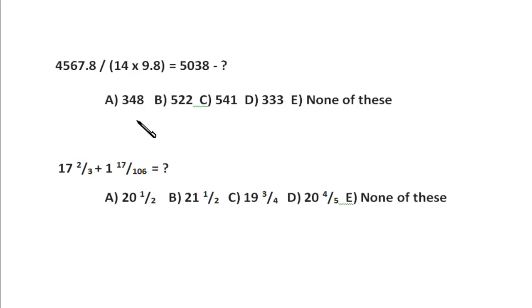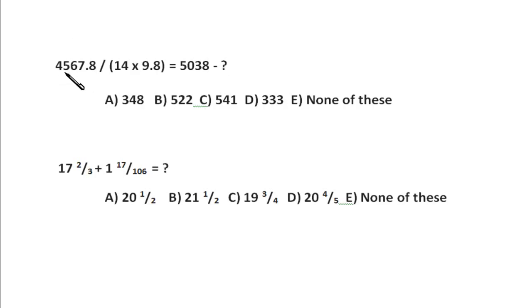Be very careful about it. The digital root method doesn't work in case of approximated options, right? Just keep that in your mind once and for all. Apart from the digital root method and unit digit method, the approximation method is rated the best, right? Because you have studied mathematics for maybe 15 to 16 years before appearing for any competitive exam. So we do have a basic idea of approximation, right?